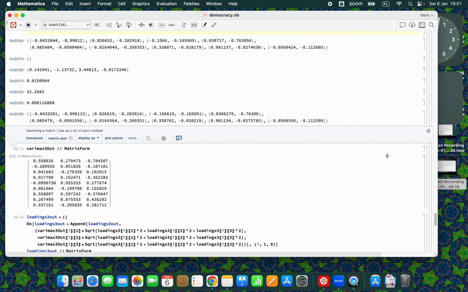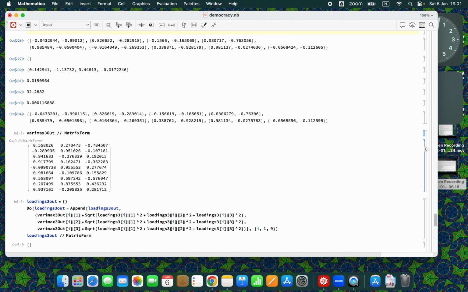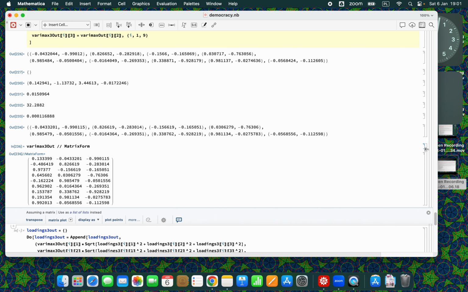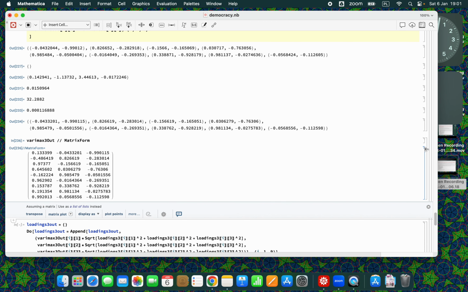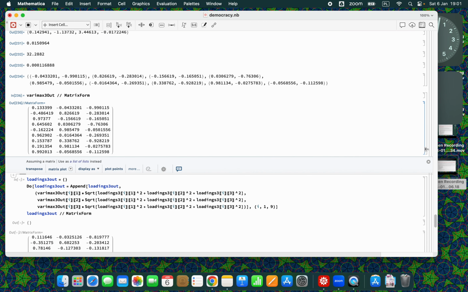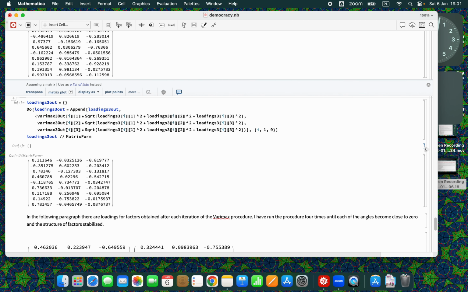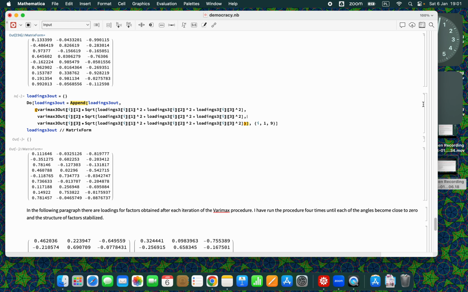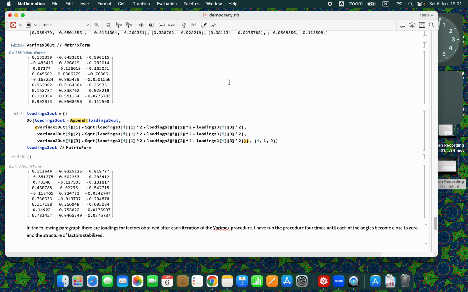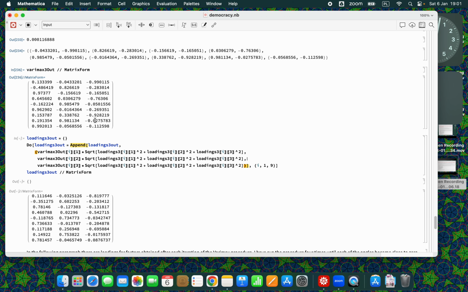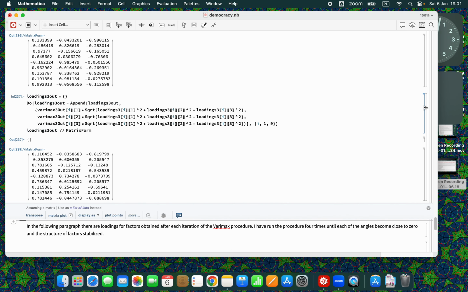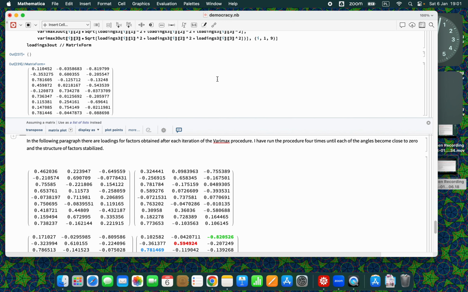Okay, so we have the final version of our loadings. These are not loadings yet. These are the results of our calculations. The loadings will be here. Yeah, now we get the loadings